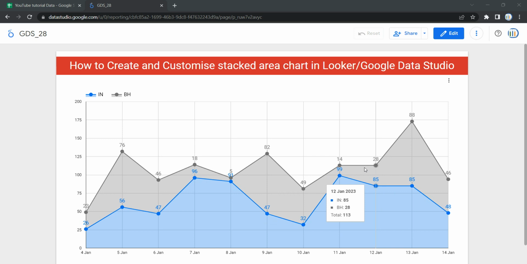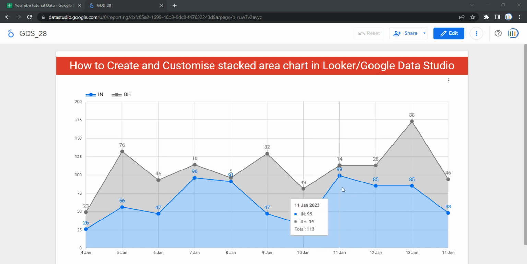But before we go ahead and start creating this stacked area chart, let's first discuss what exactly is the stacked area chart and how it can be useful in your dashboard. So a stacked area chart is a variation on the line or time series chart. It uses shaded areas under the plotted lines on the graph to indicate the volume of data represented by the lines. Like a time series, stacked area charts are useful for seeing how your data trends over a specific period